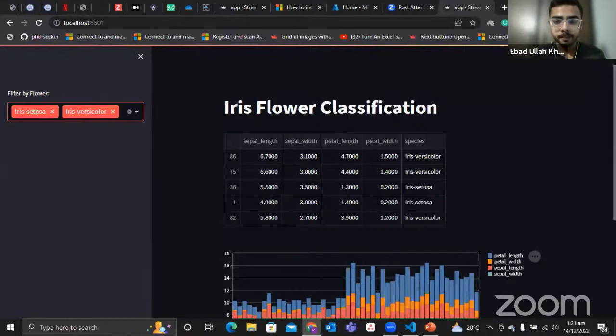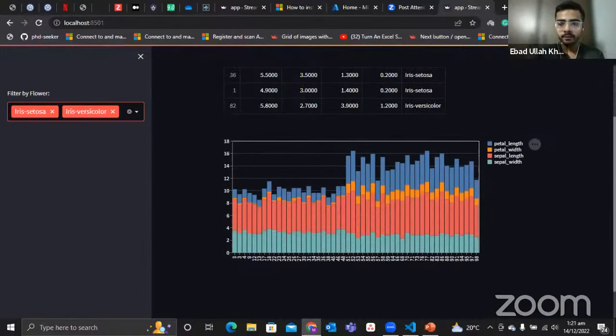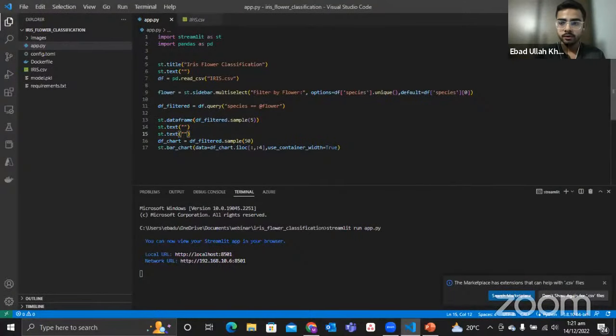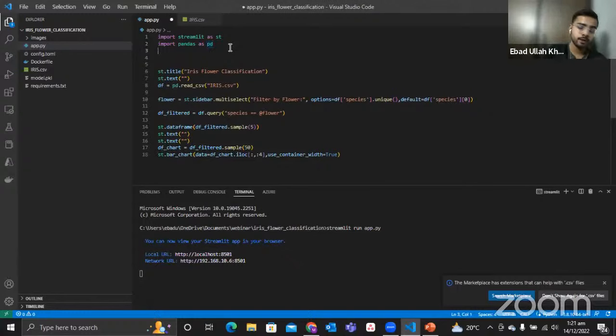So now we have the data in place and we have the interactive UI in place. So now we need to have a machine learning model to interact, right? So let's get onto it. We need to import some more libraries for it, because we need scikit-learn for the machine learning part. So yeah, let's do it. We need to import train test split,